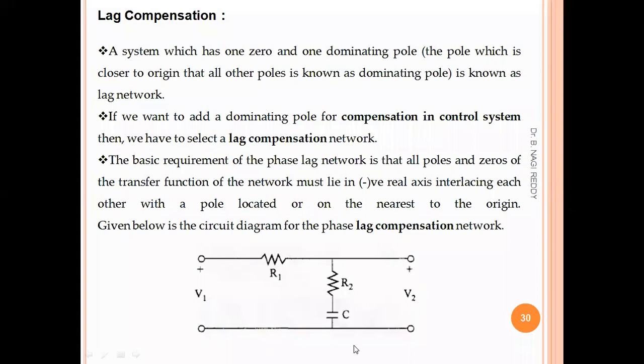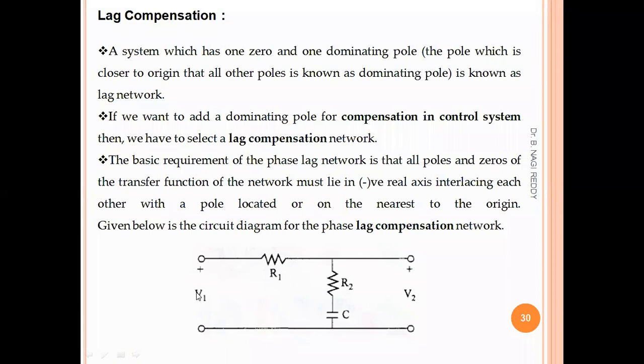From this network configuration, again we have to derive the transfer function, because in the control systems subject we always work with transfer functions or system gains, as they have many advantages. So we need to convert this electrical network into its equivalent transfer function, so that we can insert that transfer function or gain into the required control system. For that we simplify this network and derive the transfer function.